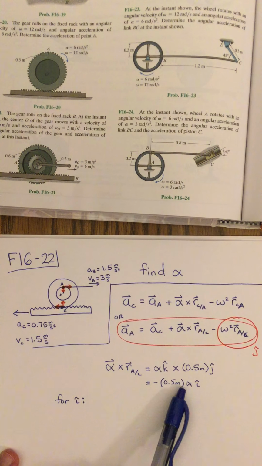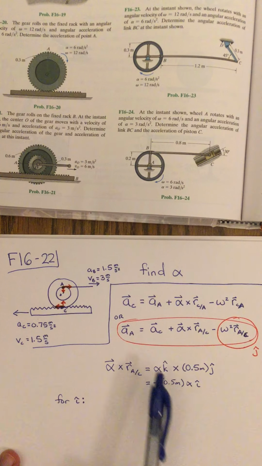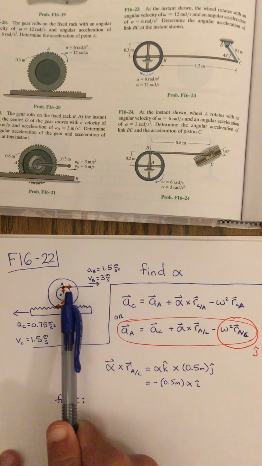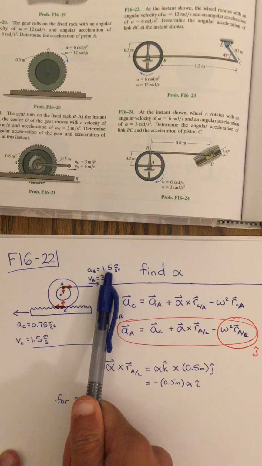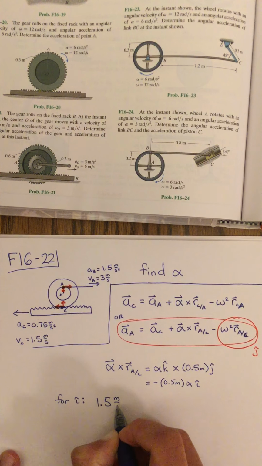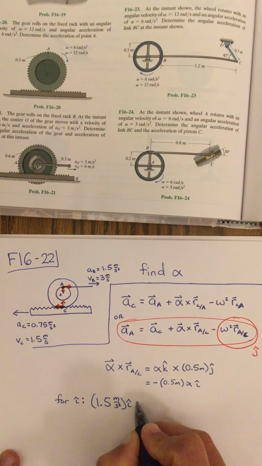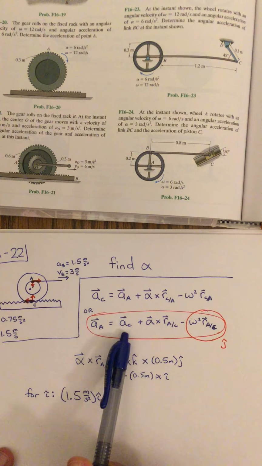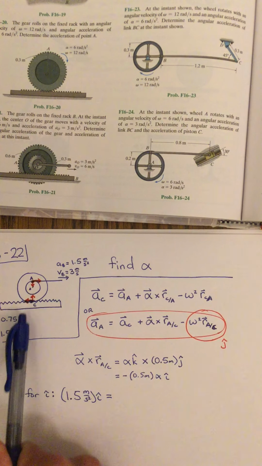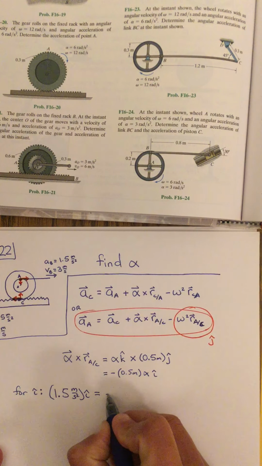I already did the cross product. I know that for the cross product, I just have an i hat component. So writing down only the i hat terms, the acceleration of point A, that is the same as the acceleration of the rope in the i hat direction. So this is 1.5 meters per second squared i hat, is equal to, for the acceleration of point C, that's in the negative i hat direction, that's 0.75 meters per second squared. So this is minus